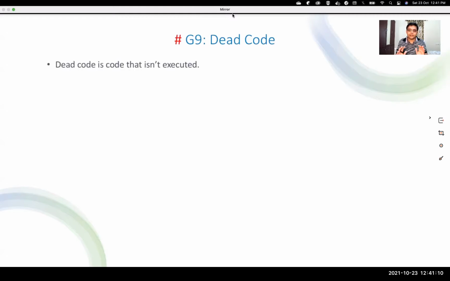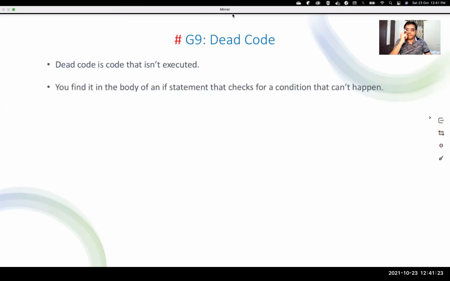Dead code means what? Code that doesn't get executed is dead code. Now you find the body of an if statement that checks for a condition that can never happen. You may also have seen a lot of cases where something is checked, but that something never actually happens. If I write something like if 100 is greater than 200, this never happens. So whatever is written in it, I can call it dead code, because this will